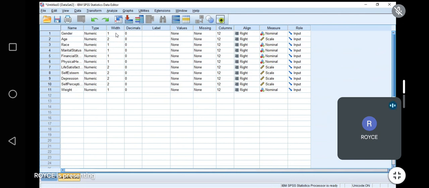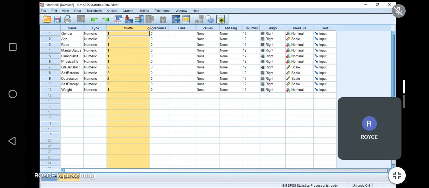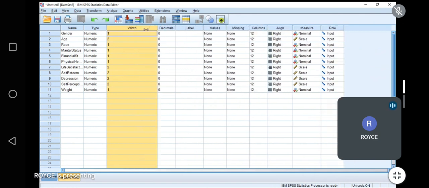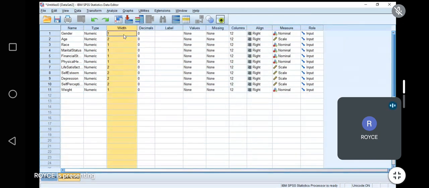Okay, the next thing we have is width. Width basically is the size of the column or the row. So it's not a big deal. We can always make it big or make it small using other means. We can move it like this. If you want to make it big, we don't really have to worry about the size and putting the actual